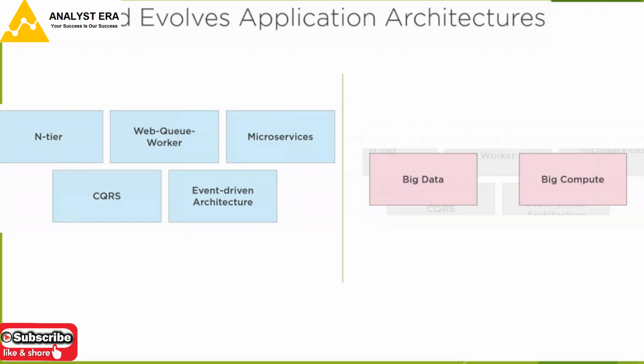There are multiple architectural perspectives when we build applications. Some of these are what you see on the screen. So you have multi-tier architecture, which is a pretty common architectural style when we are working with modern applications. You have a web queue worker kind of architecture. What is that? It is whenever we are